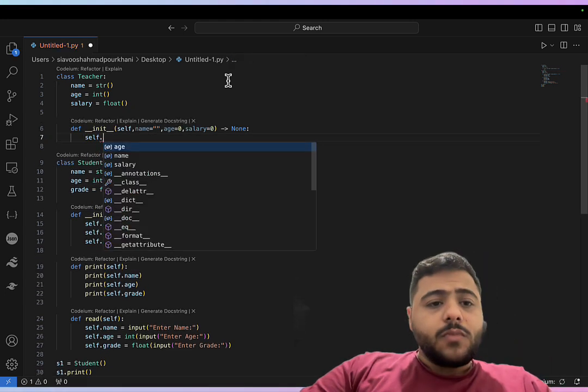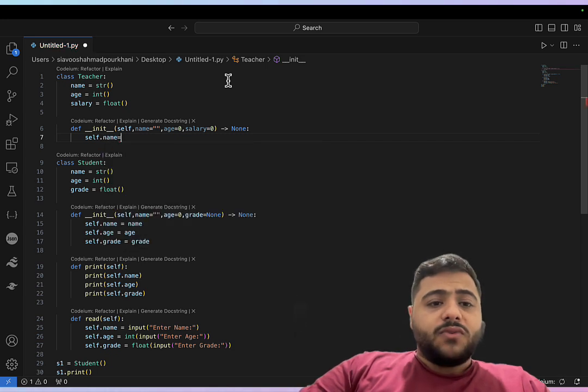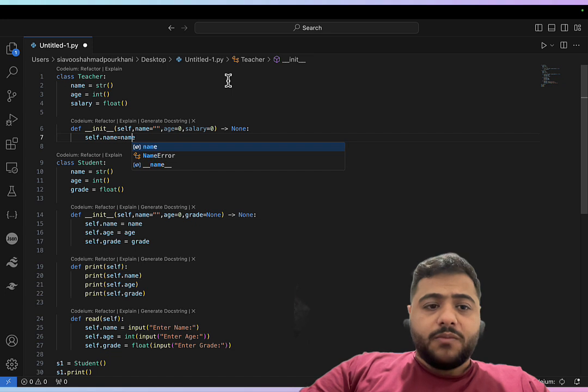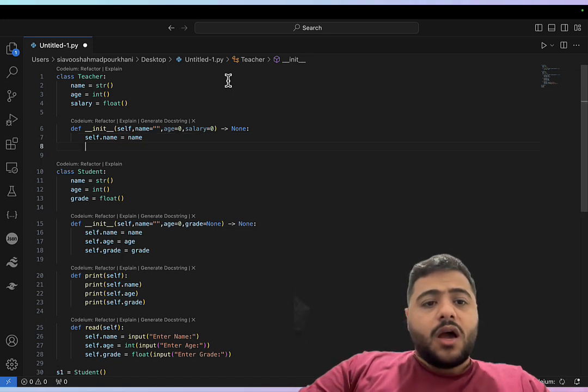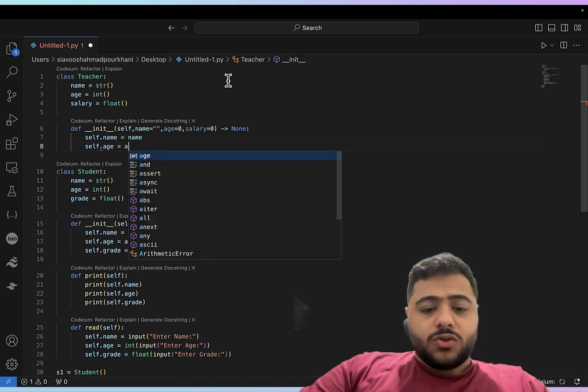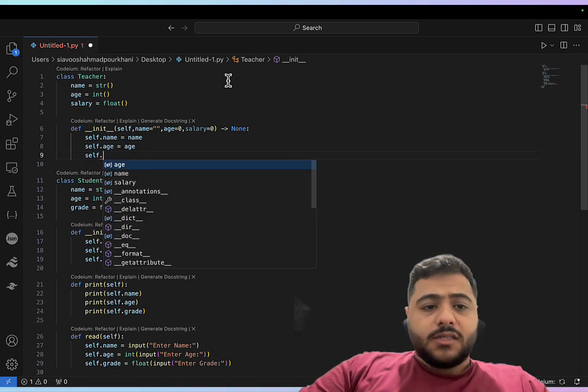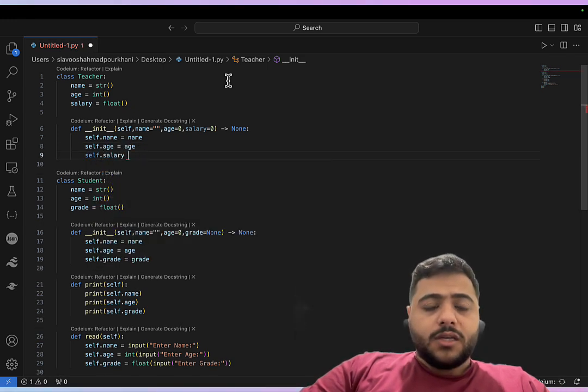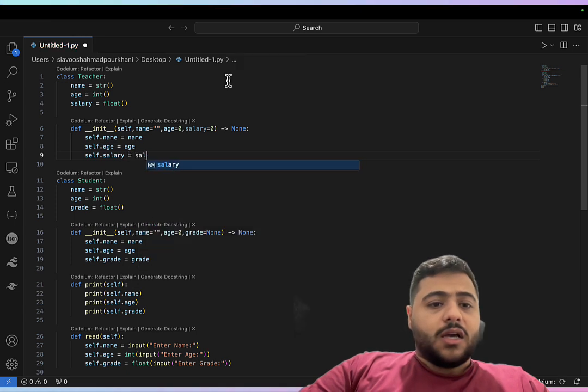So the name of the teacher is going to be the name from argument, and the age also could be the age, and the salary could be the salary,